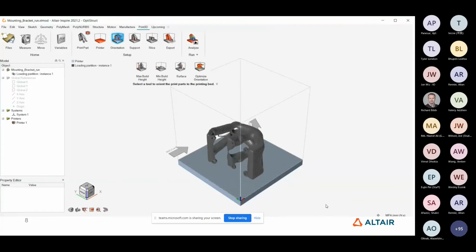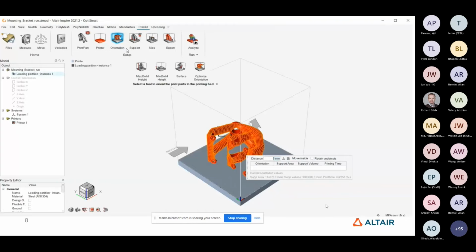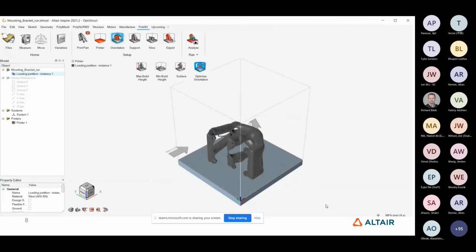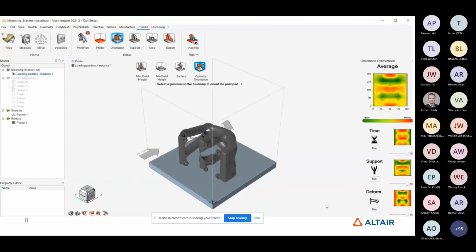And then we can move on to defining the orientation. And of course, we have the traditional way of just spinning around the model, and we can save off a particular orientation and have a look at the support area, the support volume, the printing time, the things which add cost to manufacturing a part, and obviously the things which we want to try and minimize. So we also have these orientation optimization tools which can help with